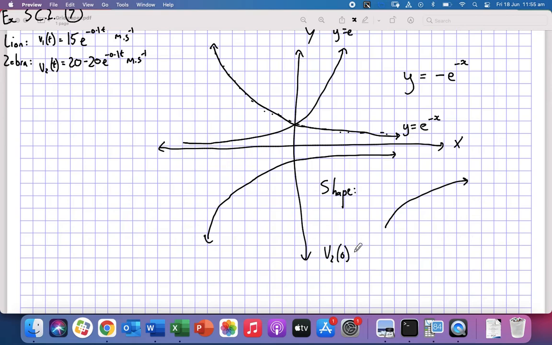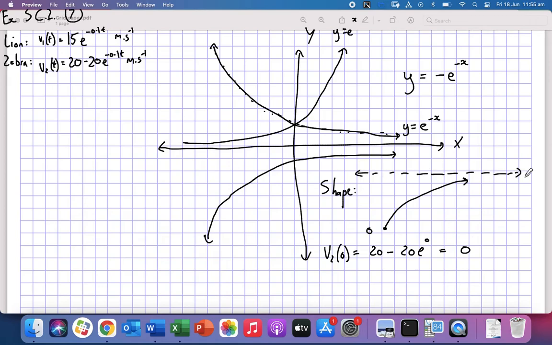Yeah, we'll get 20 minus 20 e to the 0 equals 0. Okay, so we're going to start at 0. Now you can see there's going to be an upper limit. Like in this shape, the upper limit's the x-axis, but what's our